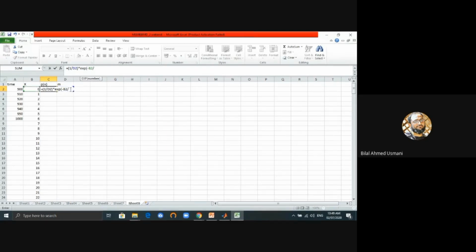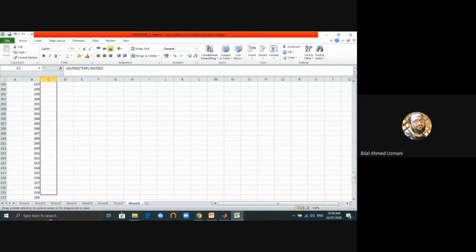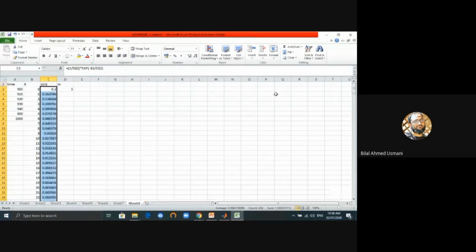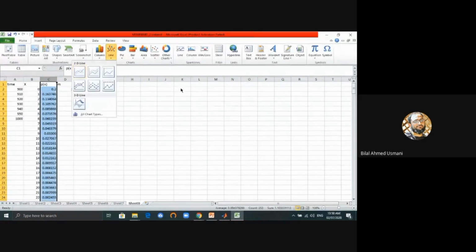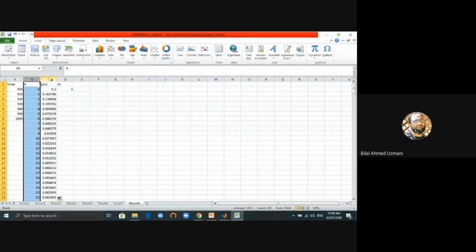Okay, the problem is m is D2, but I need to fix D2, otherwise there would be a problem, and I need to keep the variable value in B2. So you are getting probabilities, although they are very low, and if you plot it against x,